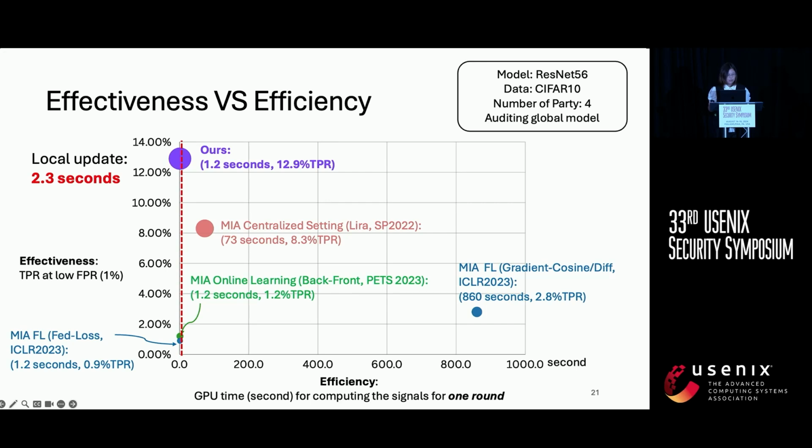And moreover, if we look at the strong membership inference attack designed in centralized setting, here I'm showing you the results for LiRA attack. Even with additional power to train 16 reference models, the performance does not achieve the same level as ours. The reason is that those methods are designed for a single model. And this gap highlights the importance of leveraging the whole training dynamic for auditing privacy risk in federated learning.